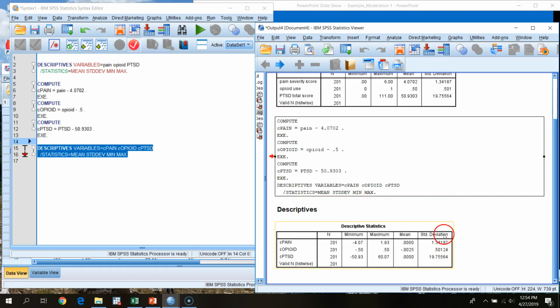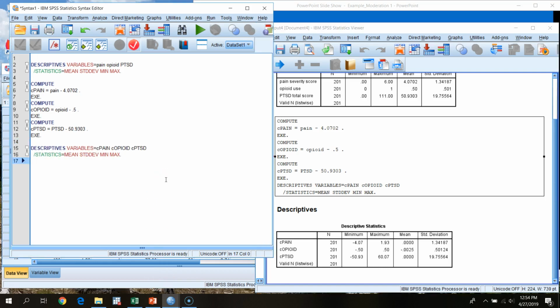Standard deviation doesn't change at all, obviously, when we center, but it looks like everything's looking good at this point. Okay, so I've got my centered variables, but now I want to go through and create my interaction terms. In SPSS, we need to build these on our own, so I'm going to go through again, hit compute, and the first thing I'm going to do